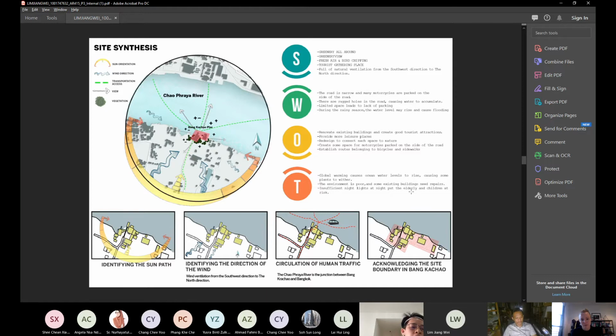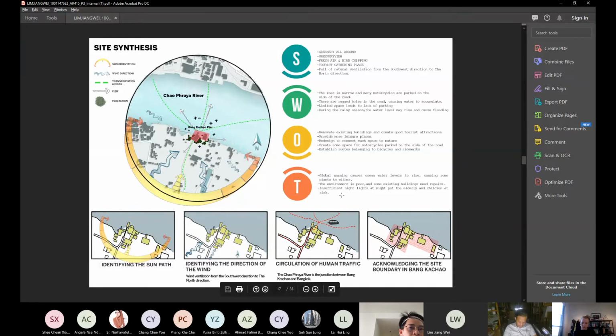This is my SWOT for Bang Krachao. In summary, the strength of this place is that it is surrounded by greenery, and opposite is the sea view. A strong wind comes from the southwest. The roads are narrow, with many motorcycles parked on the side of the road.